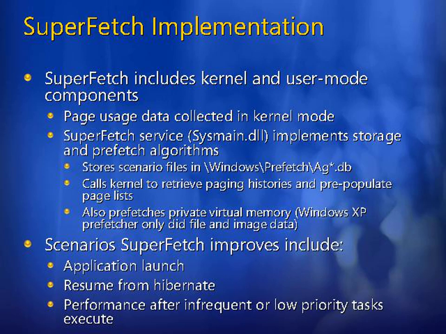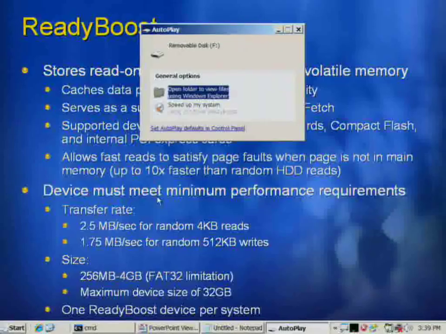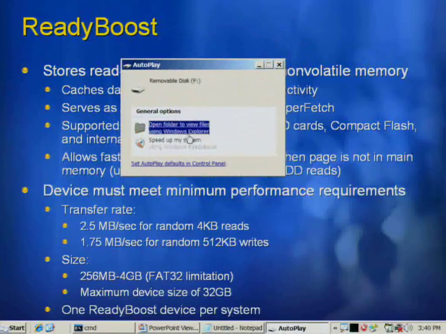So I've just inserted the key, and we should see a pop-up here. There we go. And so that pop-up gives us the option to speed up our system. What it's really asking us is if we'd like to put a prioritized, temporary page file on that device that mirrors some of the most important, most relevant data that is actually stored on the real paging file. And what that means is when the system goes to read a page that's not present in physical memory, it'll first check the device's paging file before then falling back on the much slower disk paging